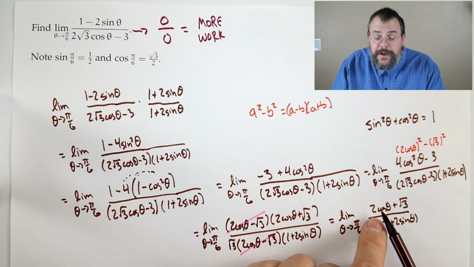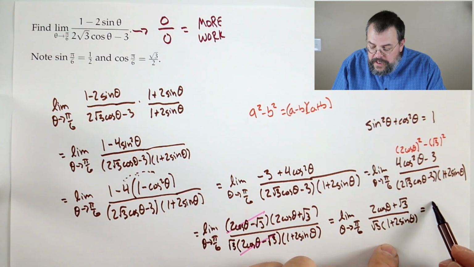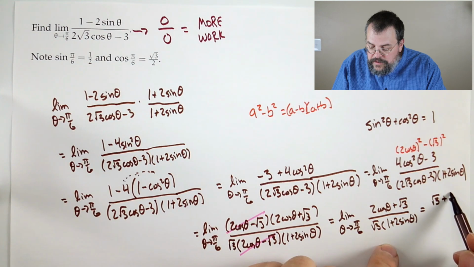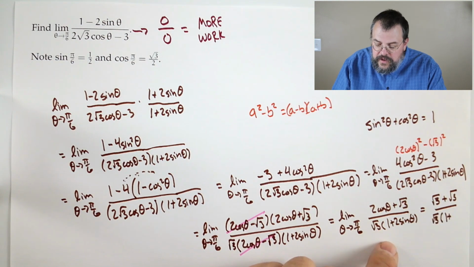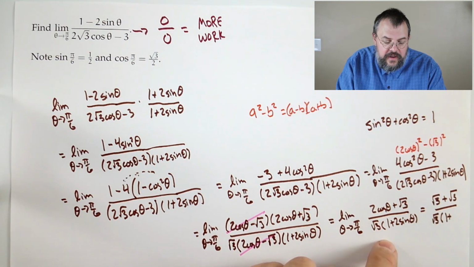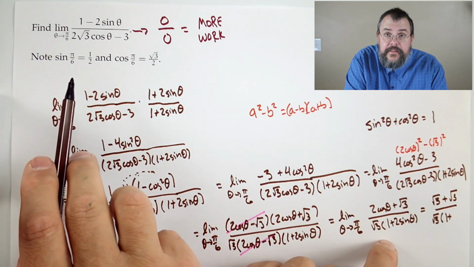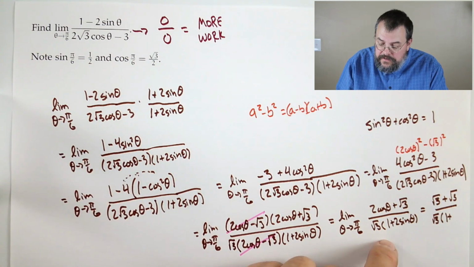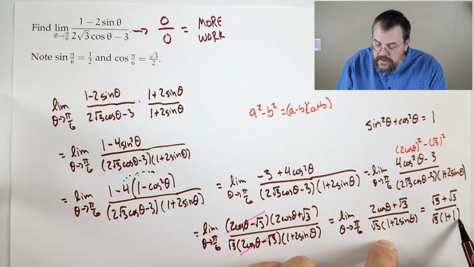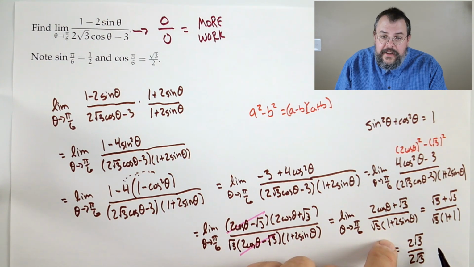Root 3 over 2 times 2 means that we're going to get a root 3. Then there's another root 3. Downstairs, we're going to end up with a root 3 times 1 plus 2 times sine of pi over 6. Sine of pi over 6 is a half. So 2 times a half is 1. So we end up with 2 root 3 upstairs, 2 root 3 downstairs, meaning our final answer